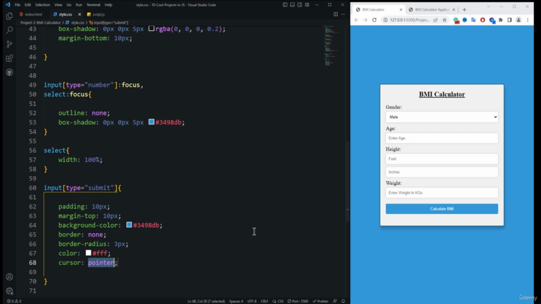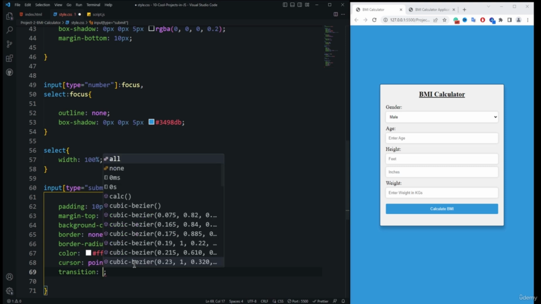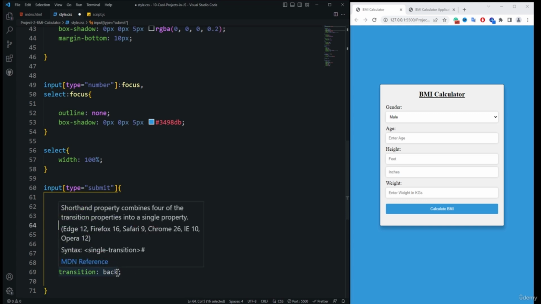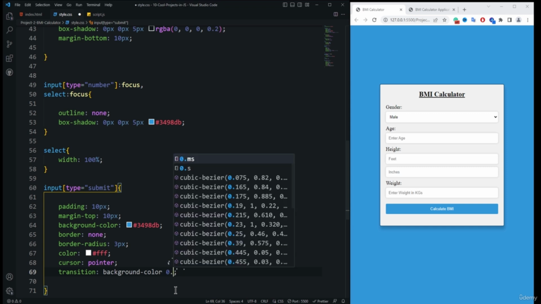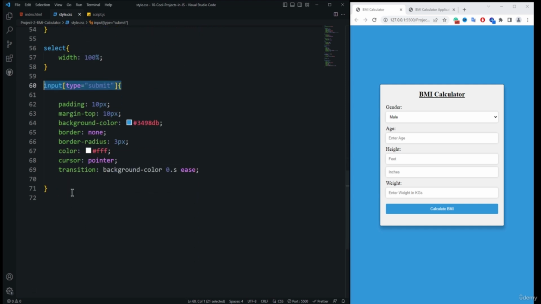Okay, and then we need to add here a transition property. So transition, and we need to apply the transition for the background color. So I'm going to copy this here, paste it, background color, and it is going to be like 0.3s, which is like ease. Okay, and then we need to apply the hover state, hover pseudo class for this particular button, paste it, close